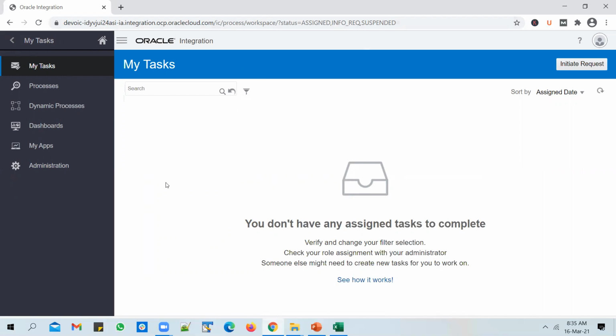And apart from just reviewing your tasks, if you have the required administration access, you can also look at the processes that are available in the application. You can initiate them as well, and you can also administer the PCS applications from here. It will be too early to get down to these topics at this point. We'll park it for a later video. Let's go back. All you need to know is that in the My Tasks window, you will see the approvals pending on your name.